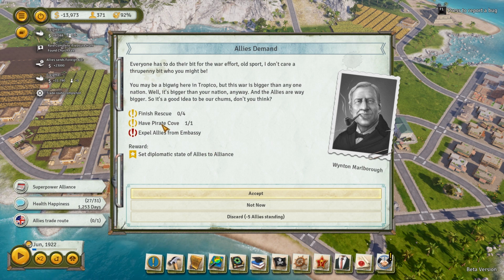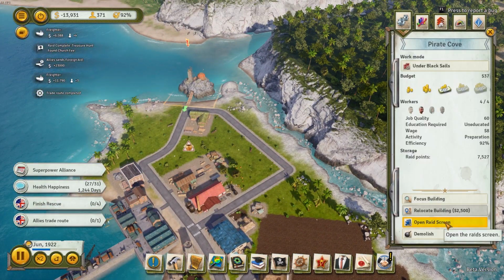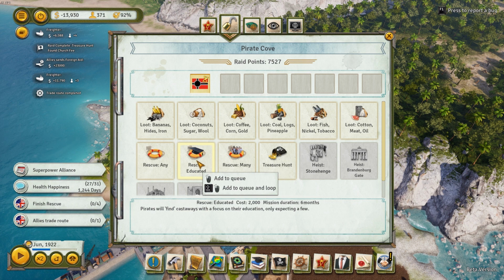I do think we have to do four rescues and have a pirate code, which we have. Okay, so I assume we can stack up rescues here. Let's have a look. Pirates. Rescue. I mean, we might as well do the educated ones, hadn't we? Rather than having...